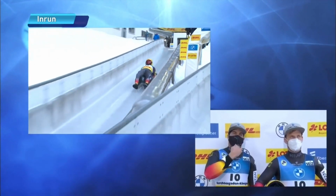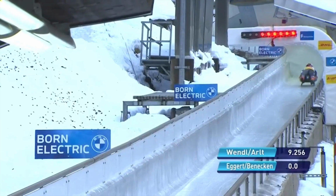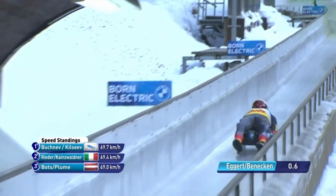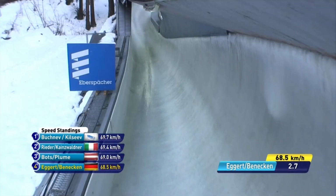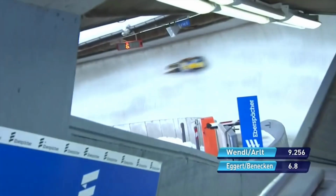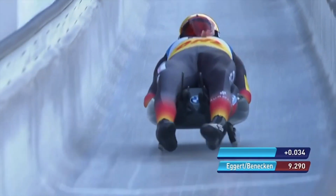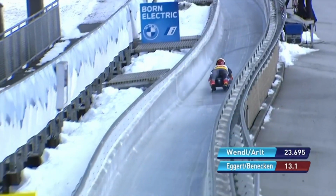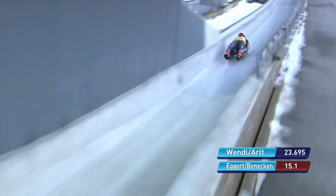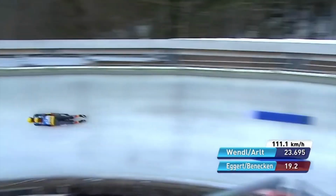It looked like 10 paddles for Tony Yeagert and Sacha Bennikin. Amazing, yeah. Doubles will push as many paddles as they can get. You know, as we said, the sprint tries to take some of the start advantage out, but as much as that's the case, it's still important to have a fast start and build as much velocity at the start as you can. Yeagert, Bennikin having a little tap out of S4, but